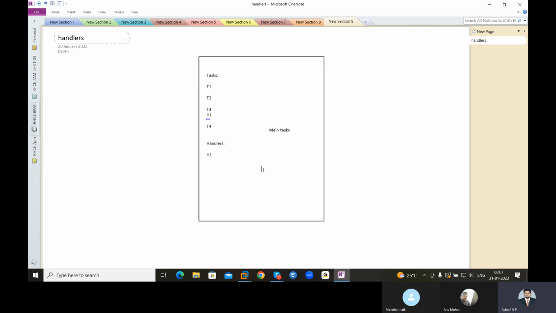So when you execute this play, what will happen? First T1 executes successfully. Second, T2 will execute successfully. Third, T3 will execute successfully. Will it execute the handler task immediately after executing T3?